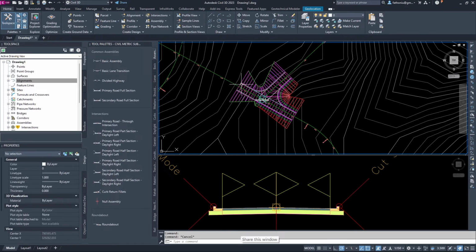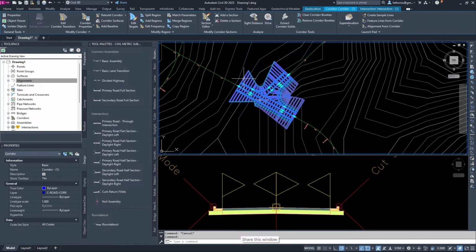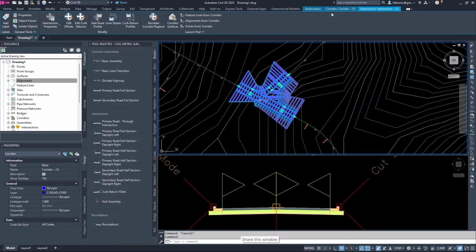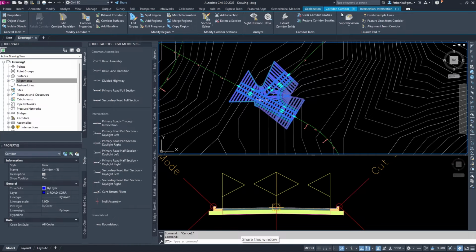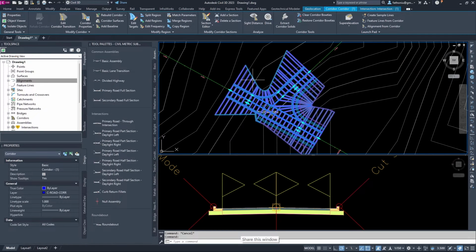Let me see how to access this one. We click this one, and then the contextual intersection tab will appear on your screen, the contextual tab.